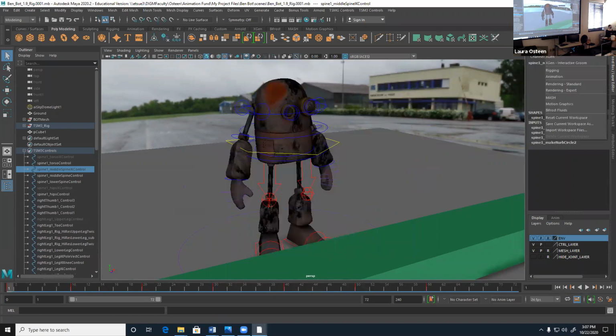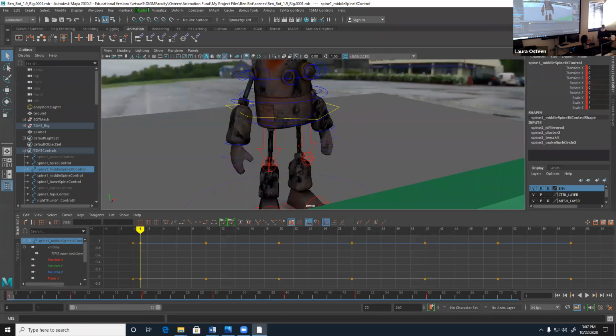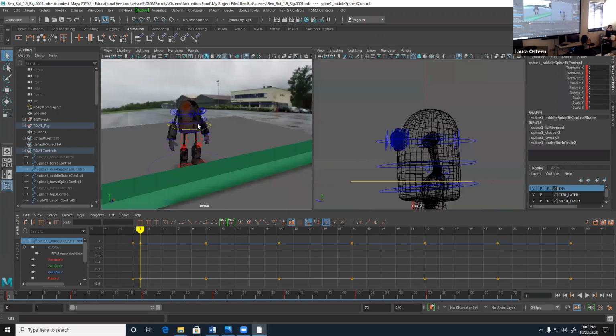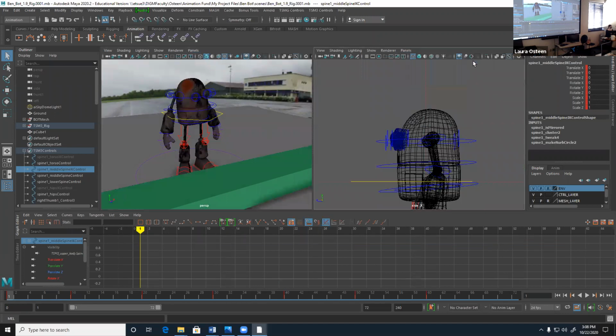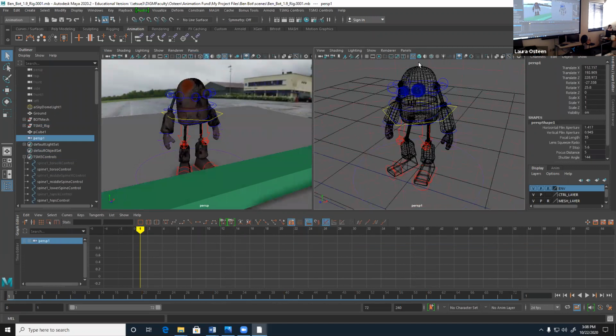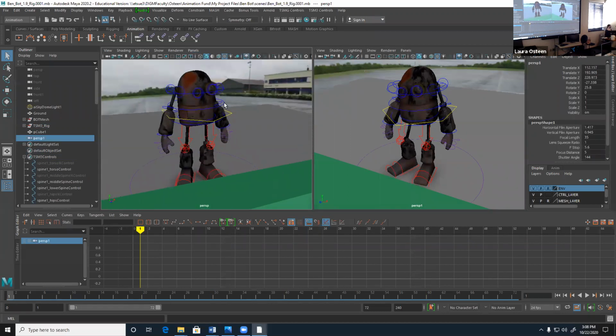Now, splining is just taking the graph editor and making the graph editor do what you want it to do. But I highly recommend having that render cam here and that secondary cam. And what you need to do before you start splining anything is double check your poses. How on earth do we do that? Well, if we come into our render cam here and come up to that grease pencil,